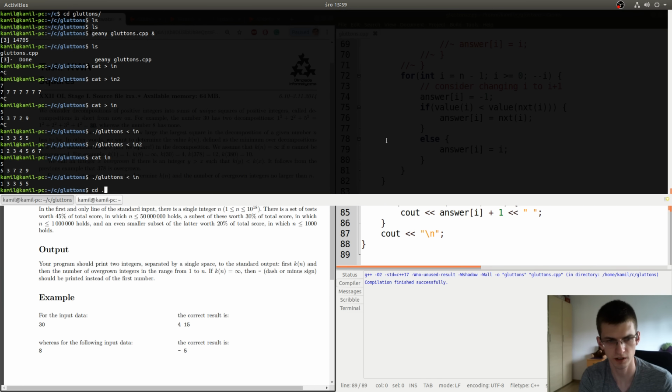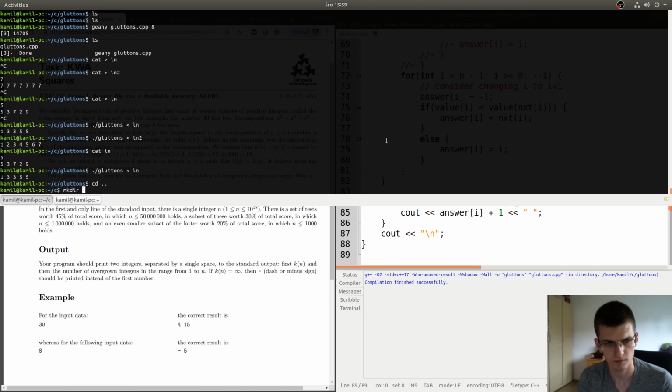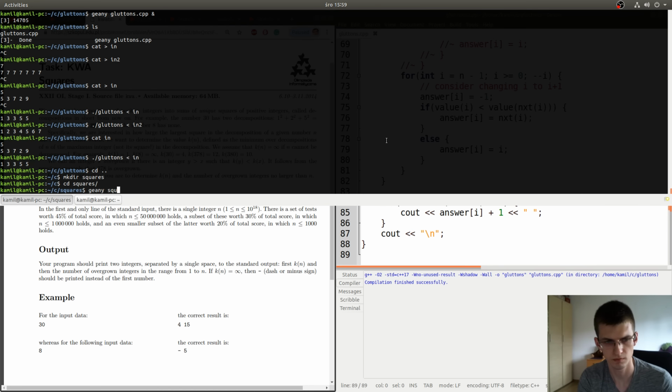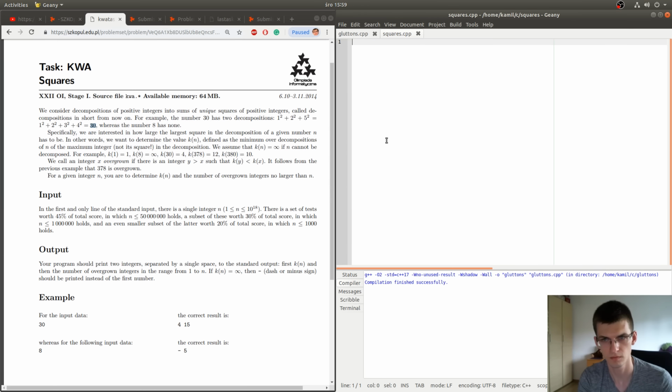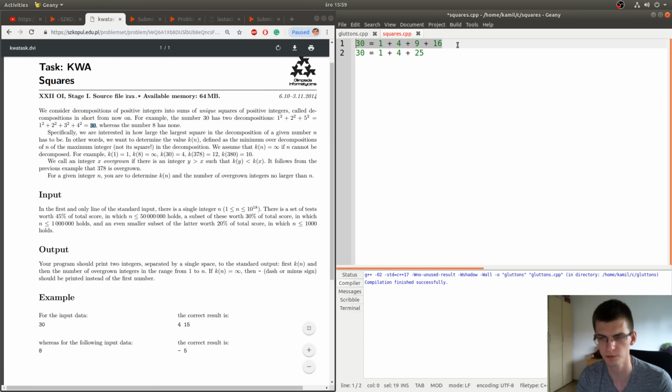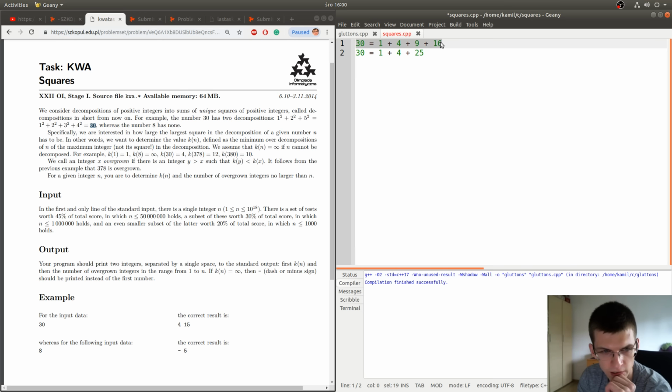let's create a new directory. For example, number 30 can be written as 1 plus 4 plus 9 plus 16, and also as 1 plus 4 plus 25, then it's better to choose the first representation because the biggest number is smaller.